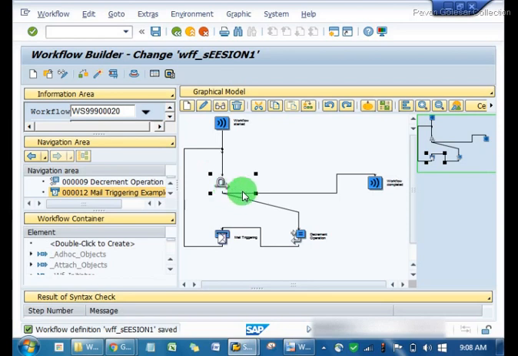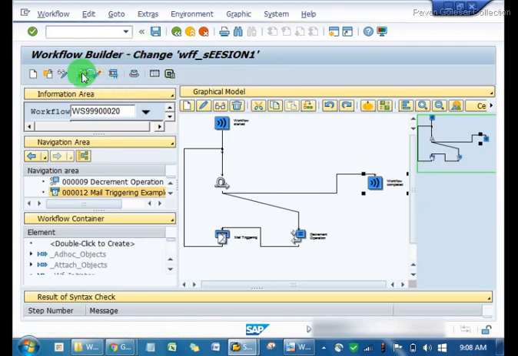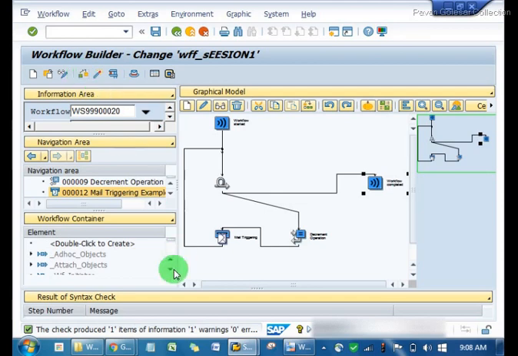Yes, it is true, then stop sending mail. Yes. So it will come here and complete the workflow. We are going to save it, check it for any errors. The warnings are there, and I suppose there are not any errors. Okay, 0 errors. I'm going to also activate it.